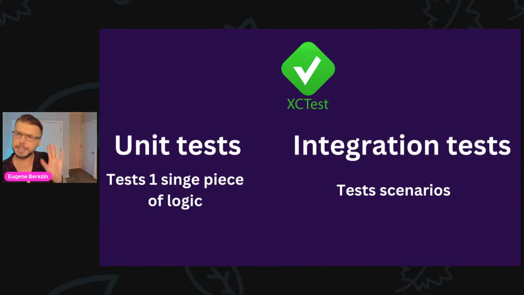For unit tests, though, it's a little different. How is it different? In unit tests, you test particular logic, one single piece of logic. Let me give you an example. Normally you test function by function. Again, each situation is different, but normally you want to write testable code. Normally you want to have limited functionality per function. Normally one function does one thing and one thing only. There are exceptions, but if you want to write more testable code,